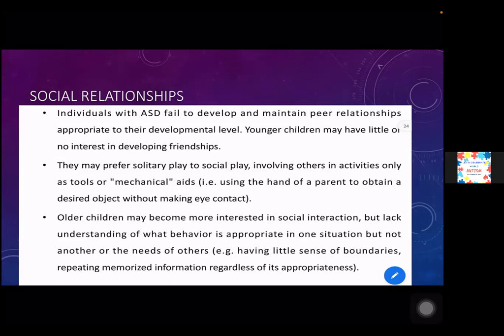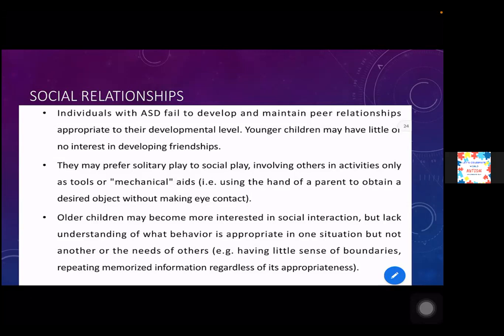Now, in social relationships, play skills are very important in a developing child. As we know, play skills start right from 6 to 7 months of age. So looking at play skills, if a child is 3 years of age and is not interested in playing in a group or sharing toys with others, or sits in a group and plays alone, these are the red flags that a child may have features of autism.